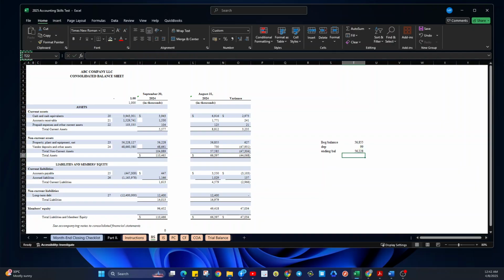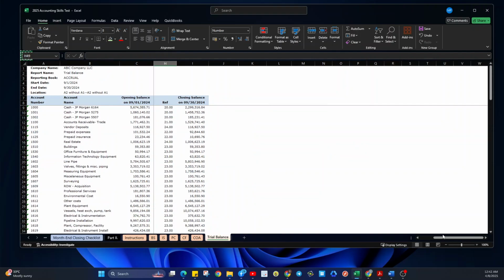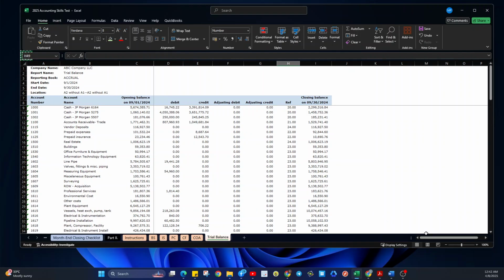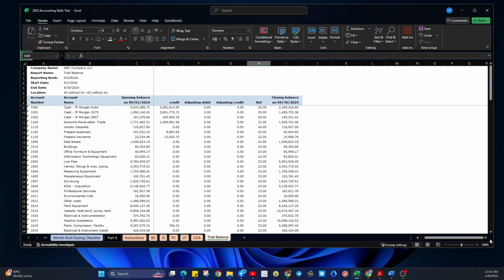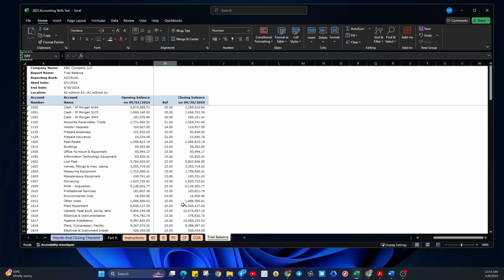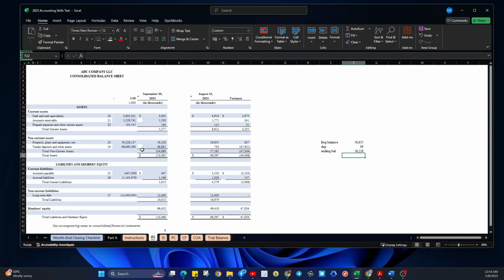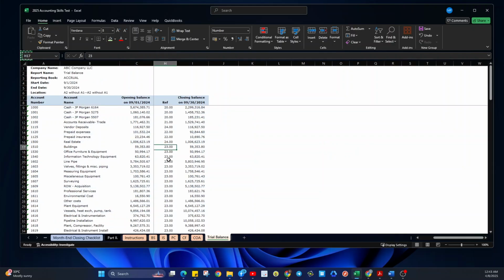Let's see if we properly identify the assets. The trial balance for the assets: building, office equipment, information, line pipes, bulbs, measuring equipment, miscellaneous, surveying, acquisition, professional services.